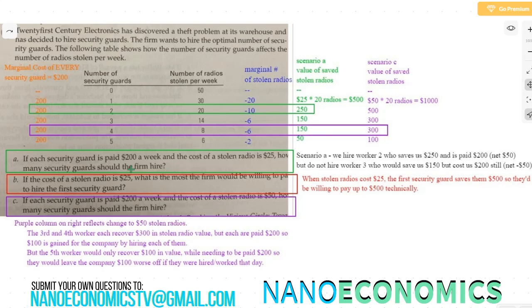And when we're given the dollar value of each unit of marginal change and the cost of hiring that security guard, we can figure out the optimal number of security guards to hire, and essentially minimize loss as much as we're maximizing